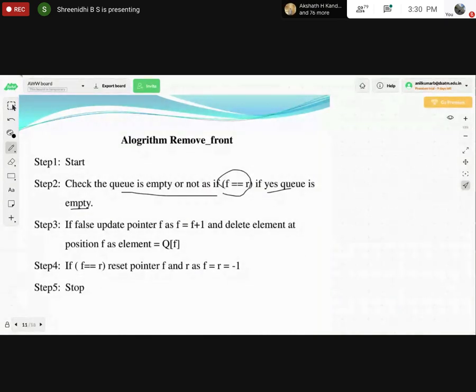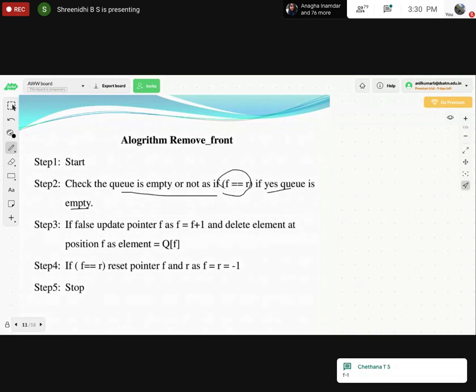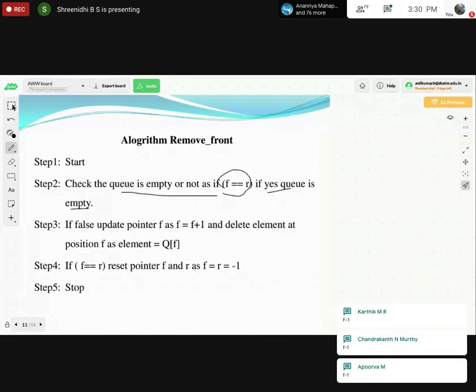So, my question: while inserting the data at the front, what are you doing, F plus 1 or F minus 1? F minus 1. While inserting the data from the front, we are doing F minus 1.